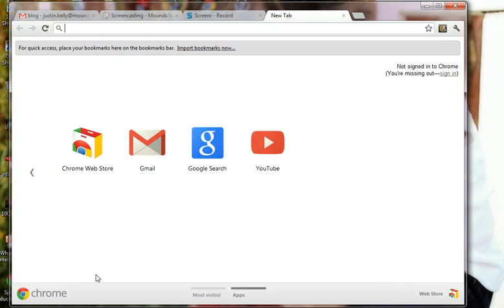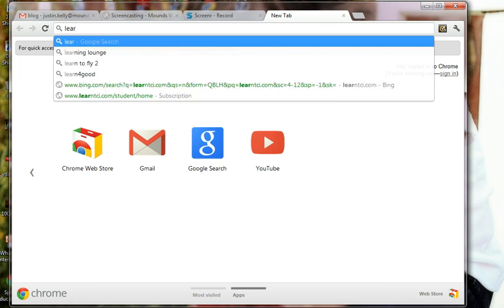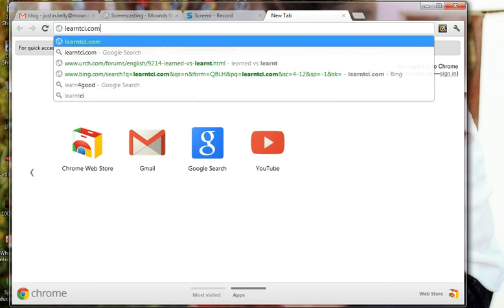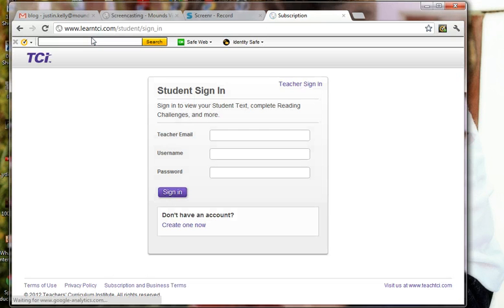What you're about to see today is how to log into TCI, your textbook, at home or in the library. To begin, all you need to do is go to learntci.com. Once prompted, you will find that you are asked for a teacher email, of which you can type